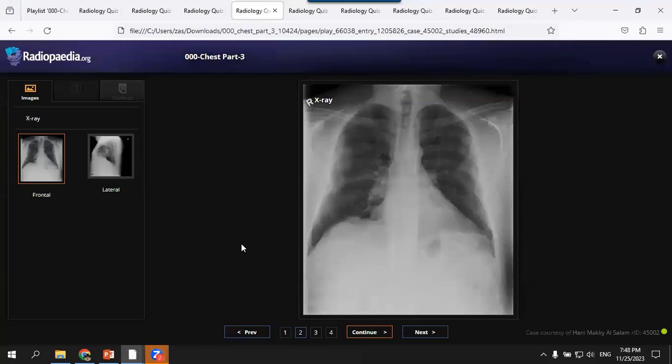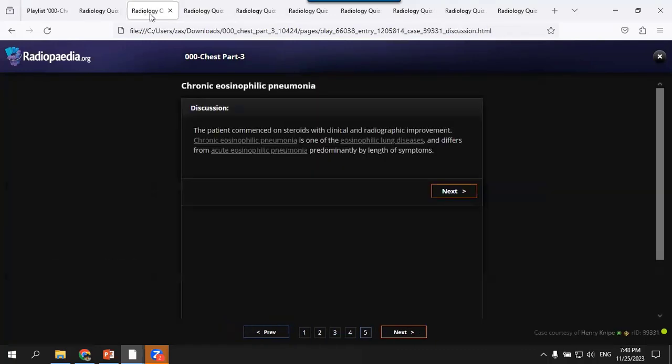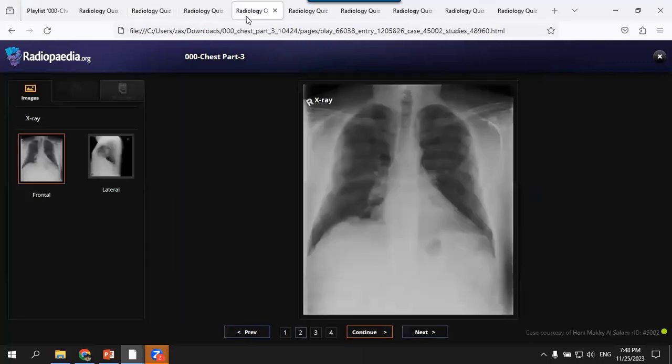Yes, this is a frontal chest radiograph of an adult patient where I can see there are bilateral peripheral pleural based opacities with sparing of the hilar and the parahilar regions. An important point here: pleural based, not just peripheral, because in eosinophilic pneumonia or COOP it may be peripheral, but here pleural based. Pleural based, you may think of another differential diagnosis like